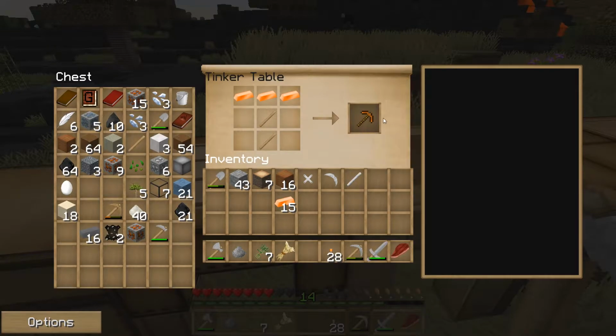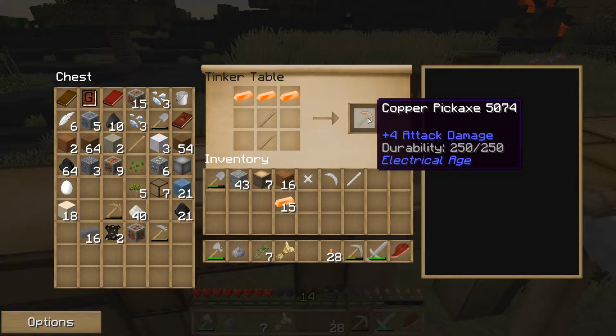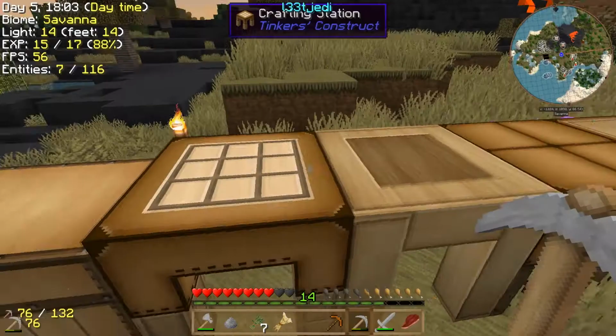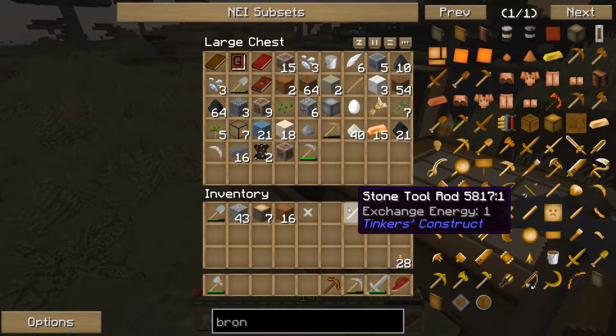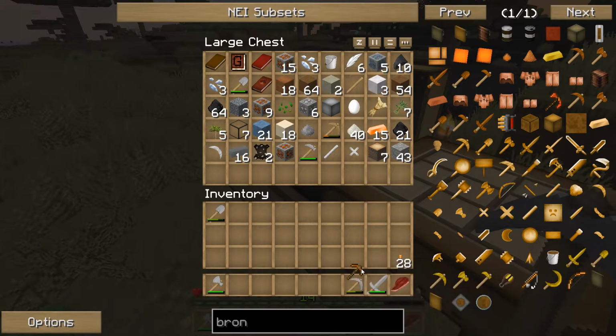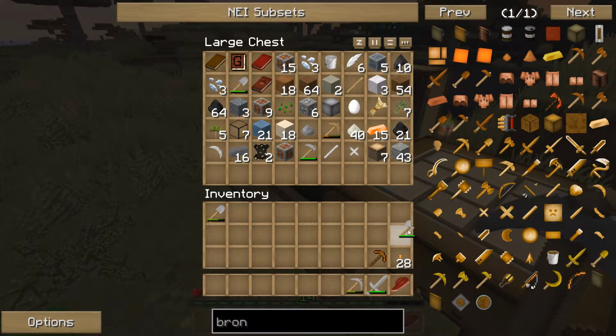Okay. That's 4 attack damage. Granted, we don't know exactly the mining level for it, but we'll keep it just for some mining purposes. We'll put all this stuff away for the time being, and we'll use those to make casts once we're able. 2 pickaxes will be fine. We're just looking for some easy stuff, so...